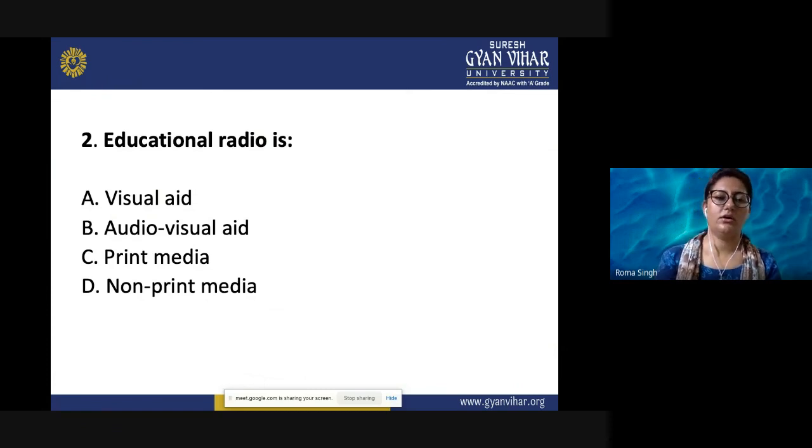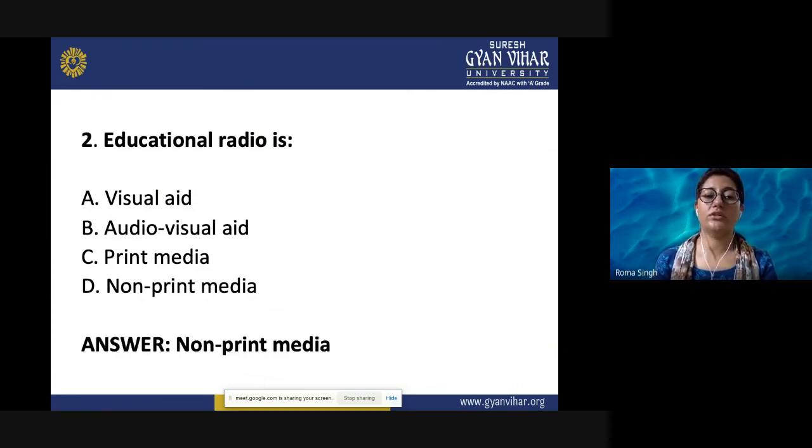So here the correct answer is, it is non-print media or the audio aid, on which various kinds of programs are regulated by the government, and they are broadcasted on the radio, and which can be made available to the students, or you can put the radio in the class and make your students hear that topic, because there is a schedule which is made available by the government earlier on the websites or through any kind of mode, and the teachers know what kind of program will be broadcasted at that time.